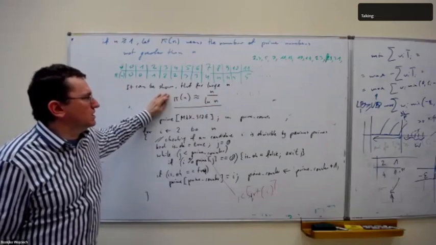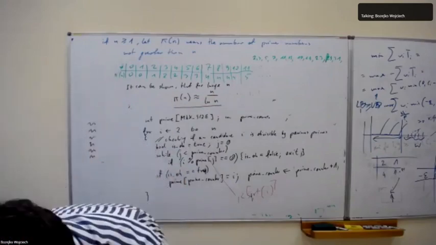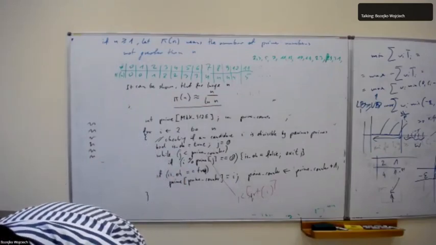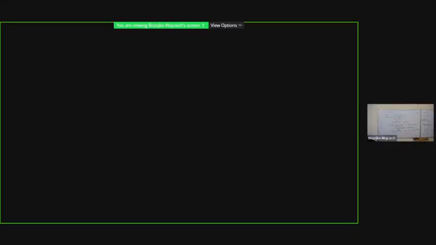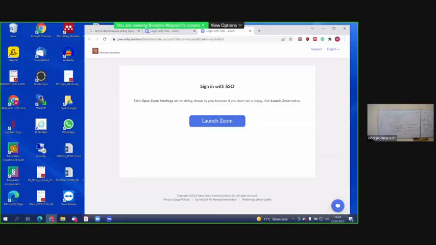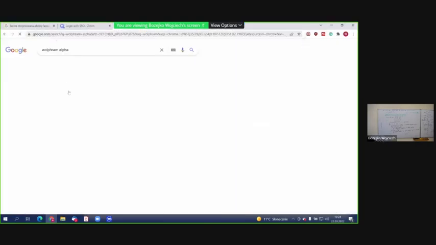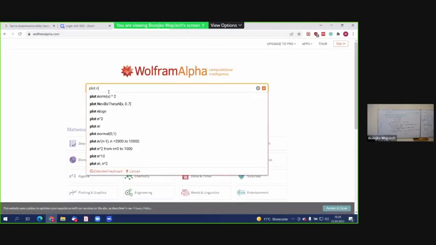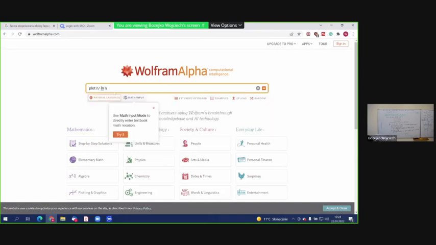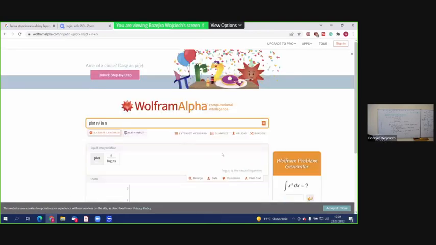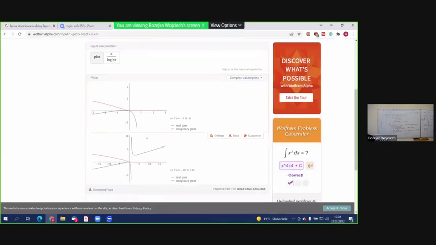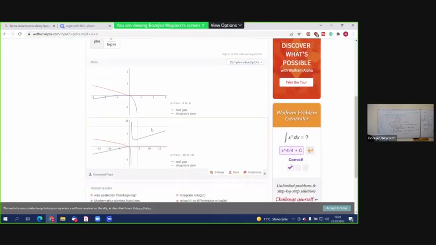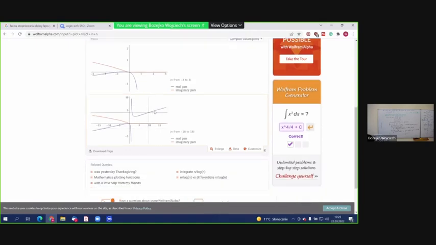If we look at how n by logarithm n looks like, just a second, I will show it in some simple tool. Let's use Wolfram Alpha. Plot n by logarithm n. Of course the beginning doesn't matter, but for greater n it looks linear, but in fact it is not.